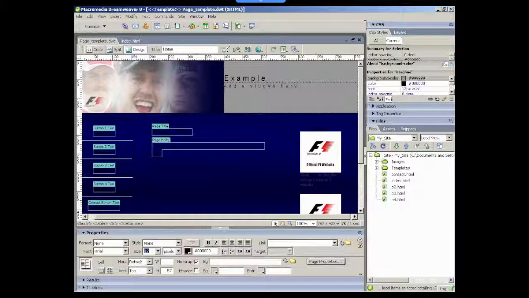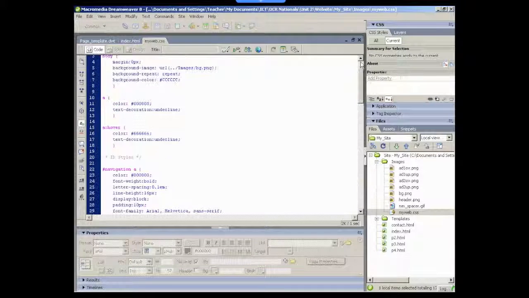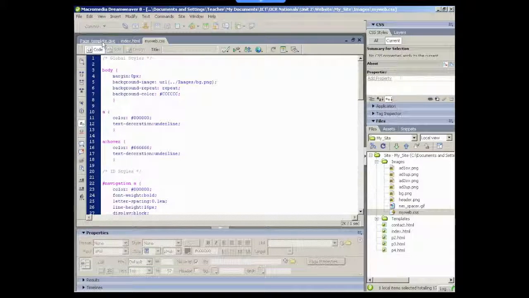Different areas in each web page are defined by tags which reference a CSS file which then dictate the colours within the web page. The CSS file which dictates the colours in my site is located in the images folder. So if we just open the images folder, we'll see a CSS file called myweb.css. If we just double click that to open it, we can now see all the CSS attributes that define the